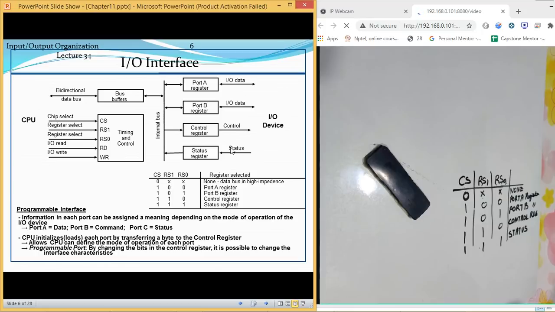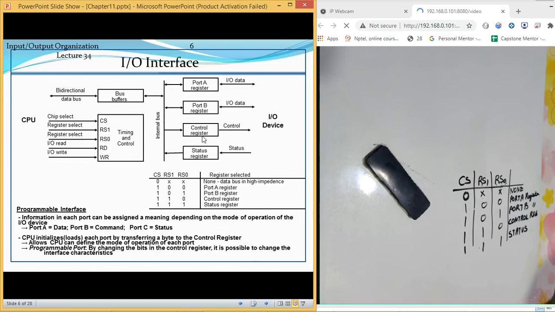Then the status register is single-sided. Why is it single-sided? Because it is going to receive the information from the device only. So that is a status register. Then we have bus buffers. Bus buffers are used to store the data temporarily before transferring it to the registers of the CPU or from the CPU to these ports. So it only stores that data for some time. See, as you are already aware, register select 1, register select 2. This is an input output read or write operation that you are going to perform. So that is how this particular interface works.